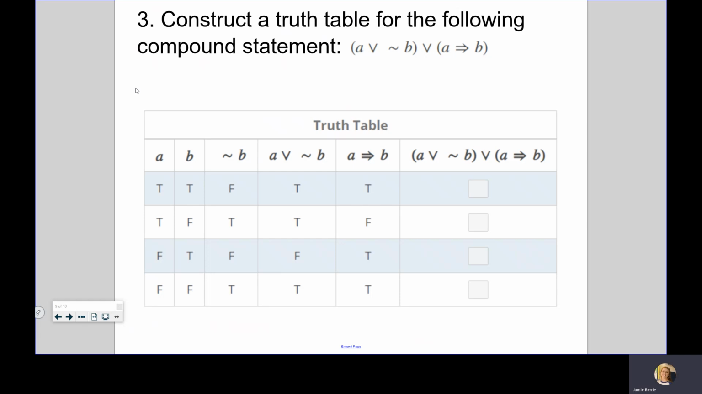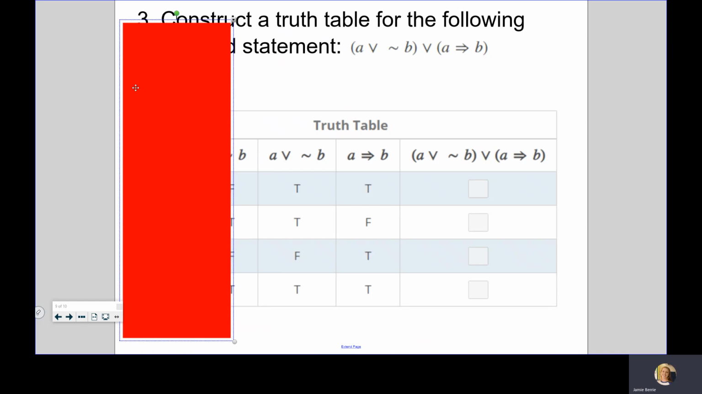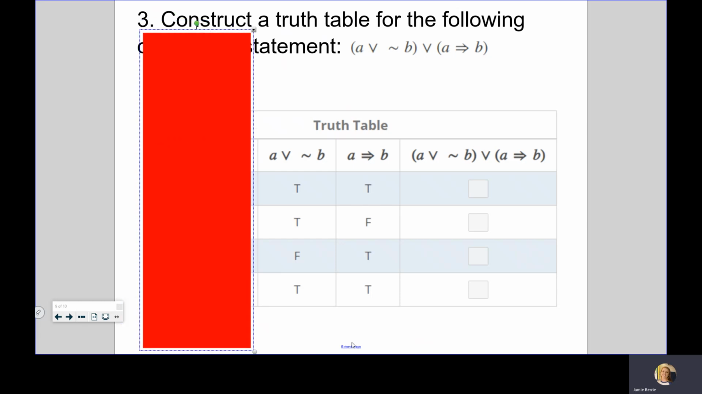It says construct a truth table for the following compound statement. This is a big one. A or not B, or A implies B. All right, so almost the whole table is filled in for you. We only have to fill in the last column, which says A or not B, or A implies B. All right, so let's cover up the ones we aren't using. That's the first two. A or not